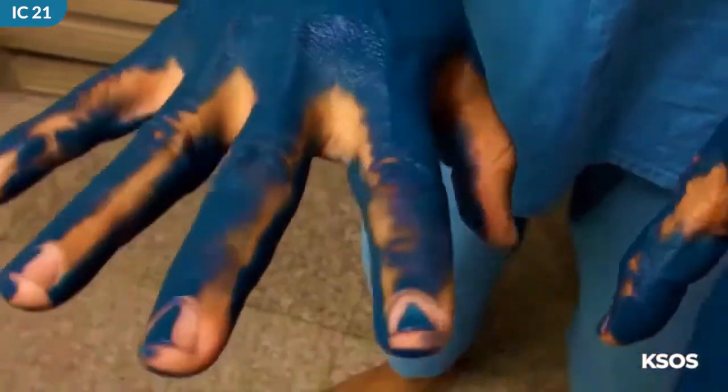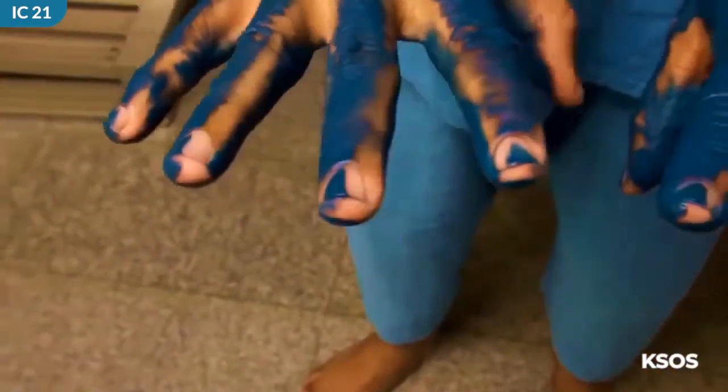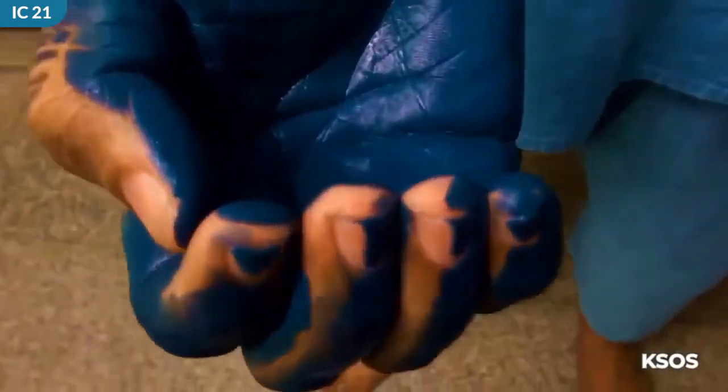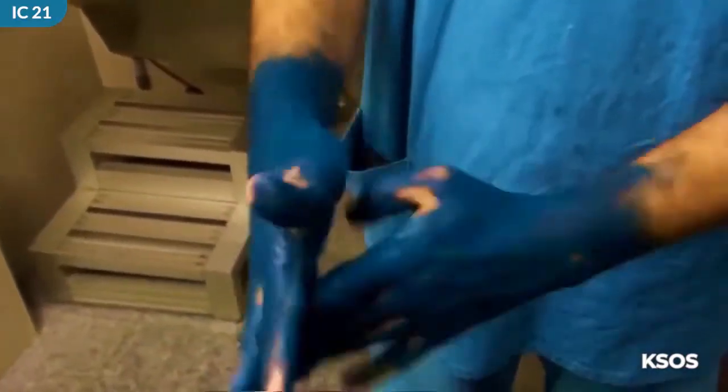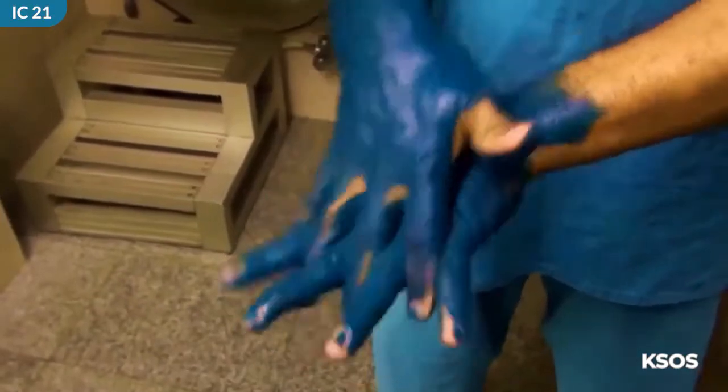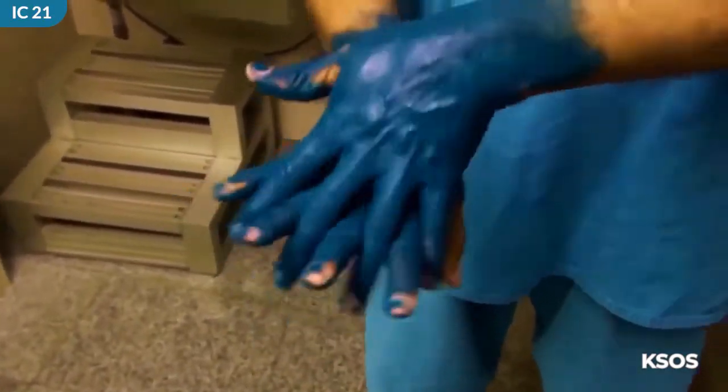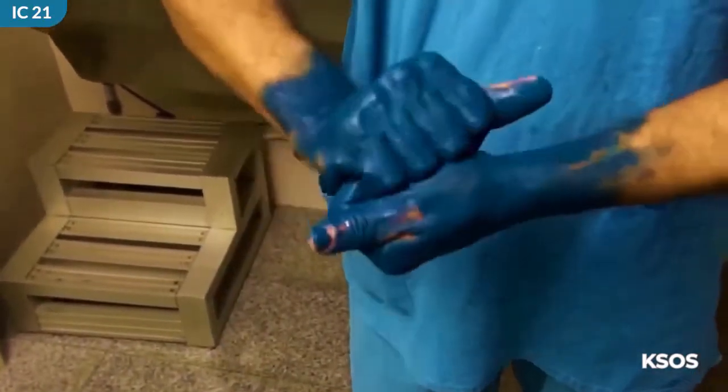The dominant thumb is not touched. The web spaces are not touched at all. The tip of the fingers, all these areas are not covered at all. Now, if we do these steps as described by the European norm,